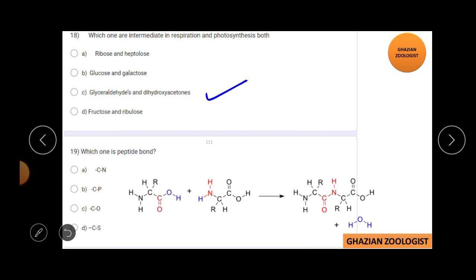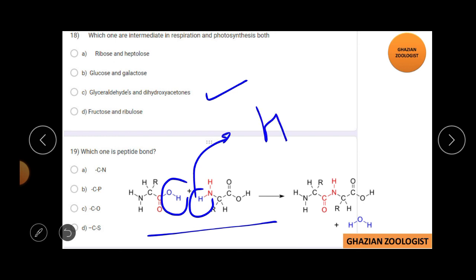Which one is a peptide bond? Let's see here. In the chemical reaction, you can see this is a hydrogen ion and this is a hydroxyl. They combine with each other to form water, and a bond forms between this carbon and this nitrogen. You can see here that this bond is formed, so this is called the peptide bond. The peptide bond is found in proteins. Next,